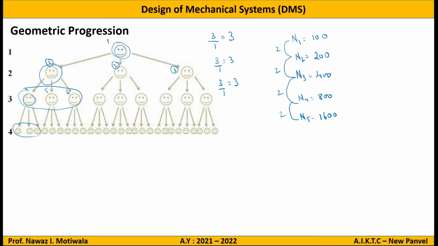Now just tell me, if I give you some data, which progression will you follow? Arithmetic or geometric? Depending on the output we need. Okay, let me give the output also. The requirement is the same: the customer is telling you that I want a minimum speed of 100 and, let us say, a maximum speed of 800. So this is my n minimum and that is n maximum. So now tell me, which will you be using, arithmetic progression or geometric progression? Geometric progression.